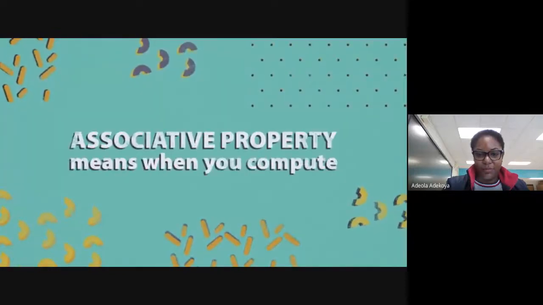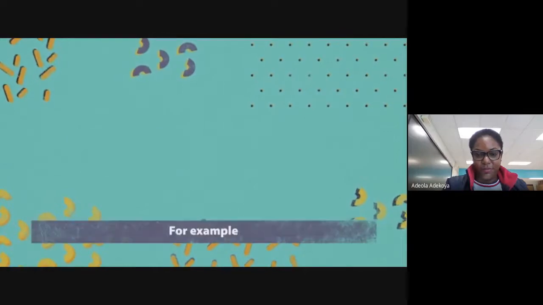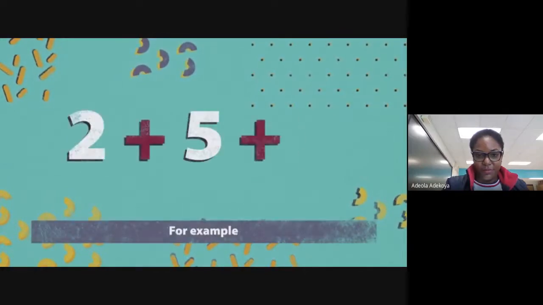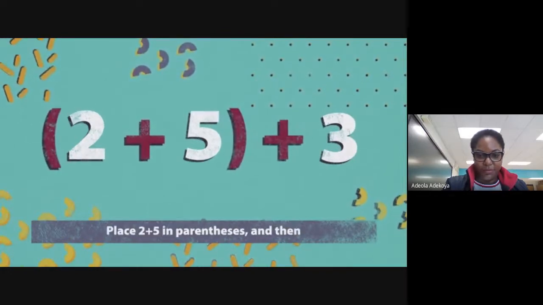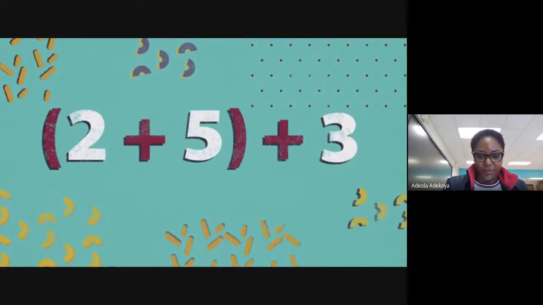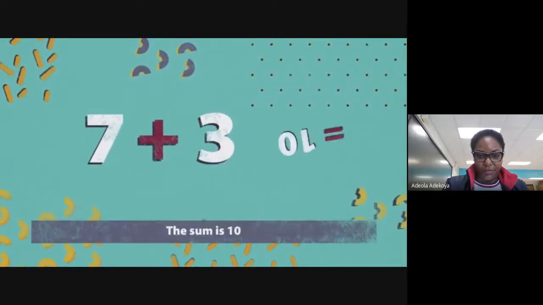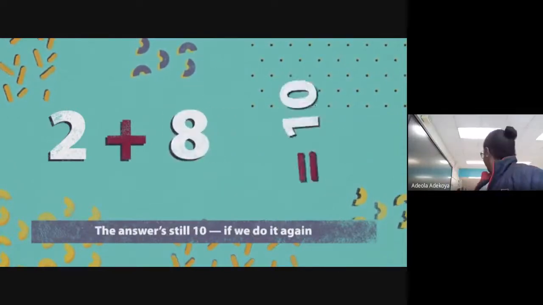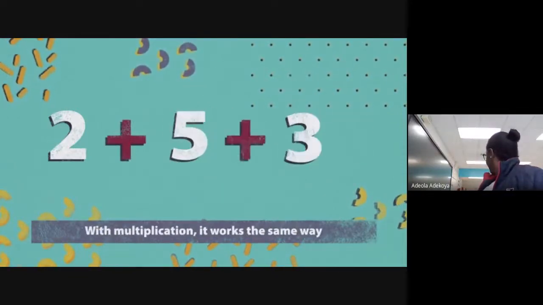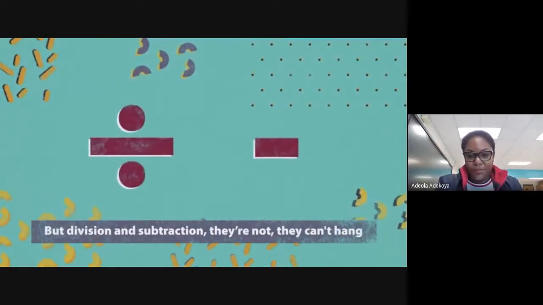Associative property means when you compute several numbers, you can put them into groups. For example, 2 plus 5 plus 3, add parentheses so you can see. Place 2 plus 5 in parentheses and then add 3 at the end. Now let's begin. 2 plus 5 equals 7, and when we add 3 plus 7, the sum is 10. If we bracket the two numbers at the end, the answer's still 10. If we do it again with multiplication, it works the same way, but division and subtraction, they're not, they can't